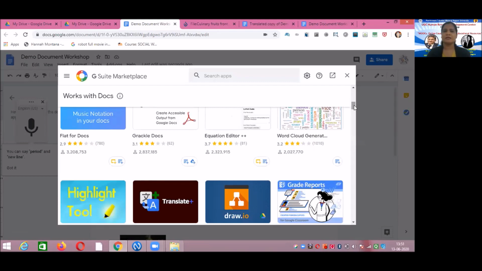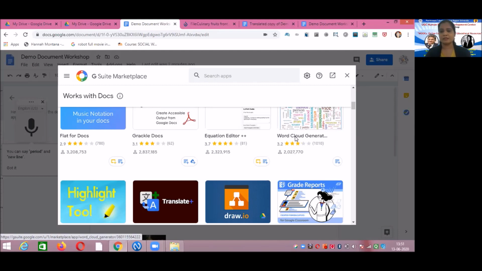So simply I'll take a demo of one of the add-ons, and that is an important one that you can also do. I am adding this word cloud generation. Such types of images you might have seen at various places. So how can you create these images? This is one of the add-ons available with our Google document.